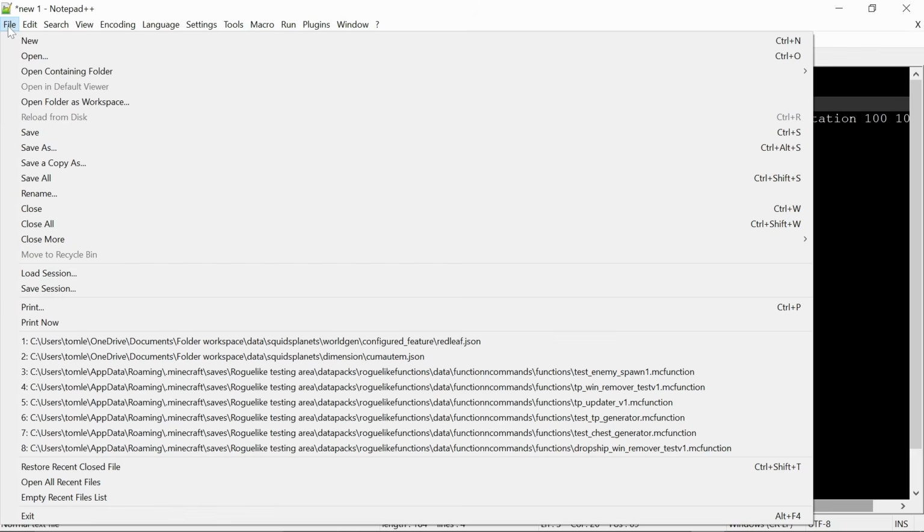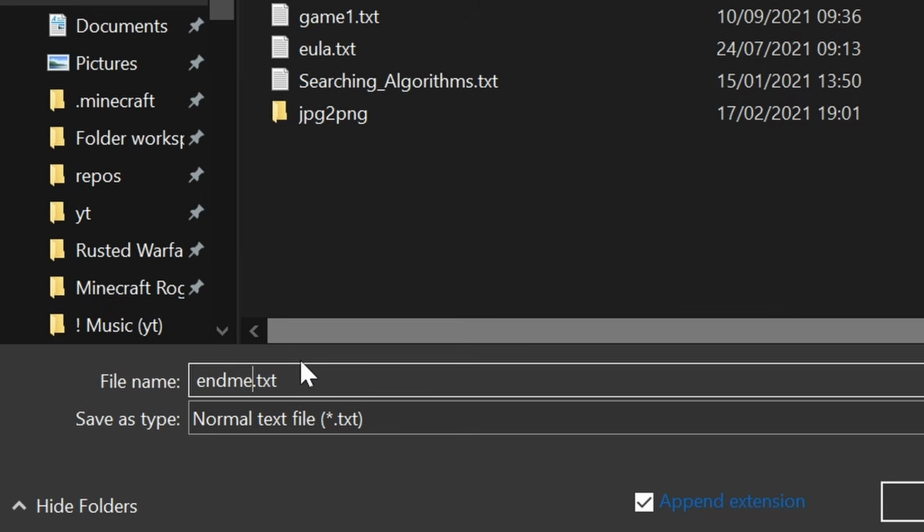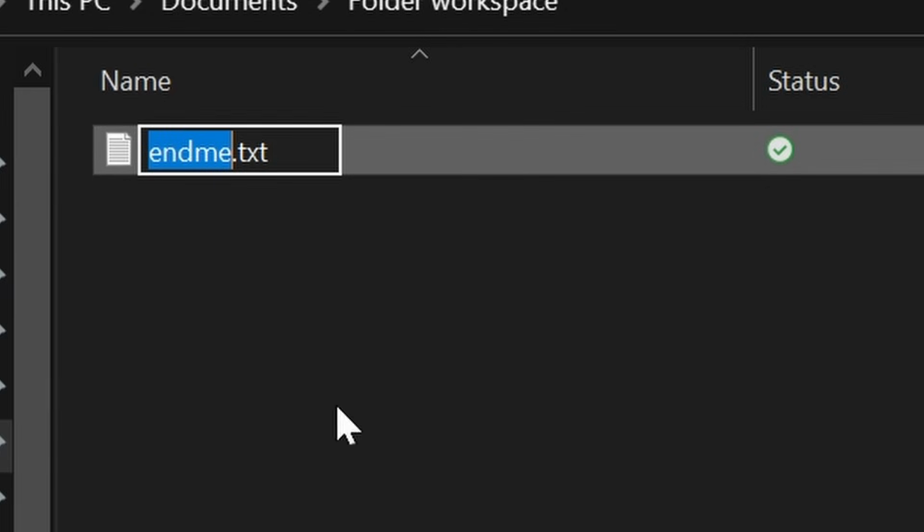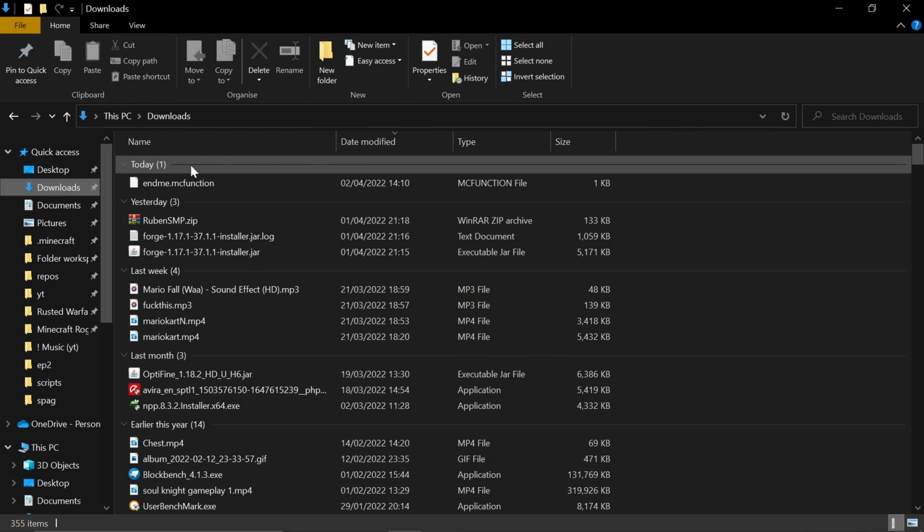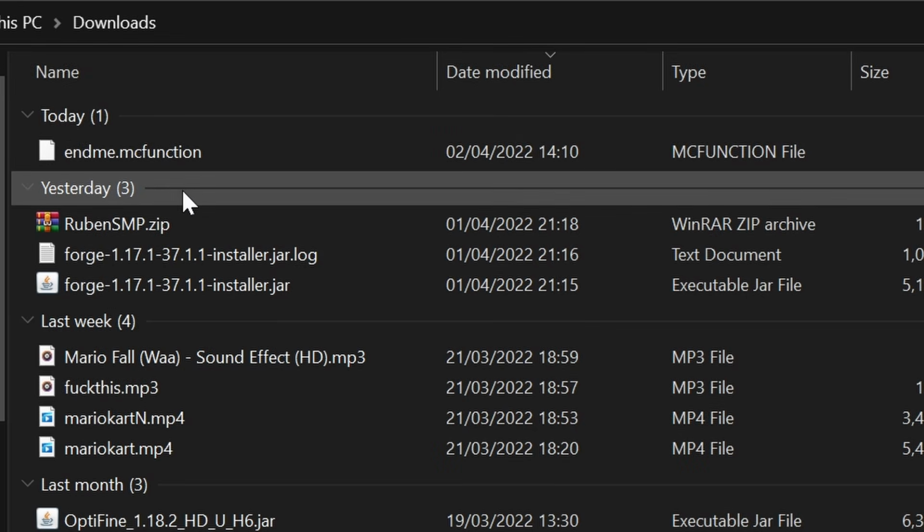Once you have finished with your function for now, go ahead and save it as a .mcfunction file in any place where you can easily find it. If you're not using Notepad++, you might need to save it as a .txt and then rename it to .mcfunction. So, you've got your function file, but now we have to install it so that it can be used